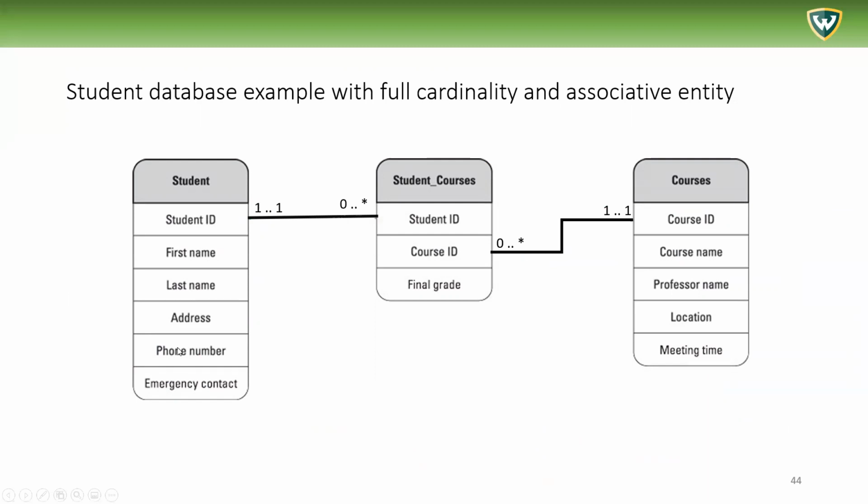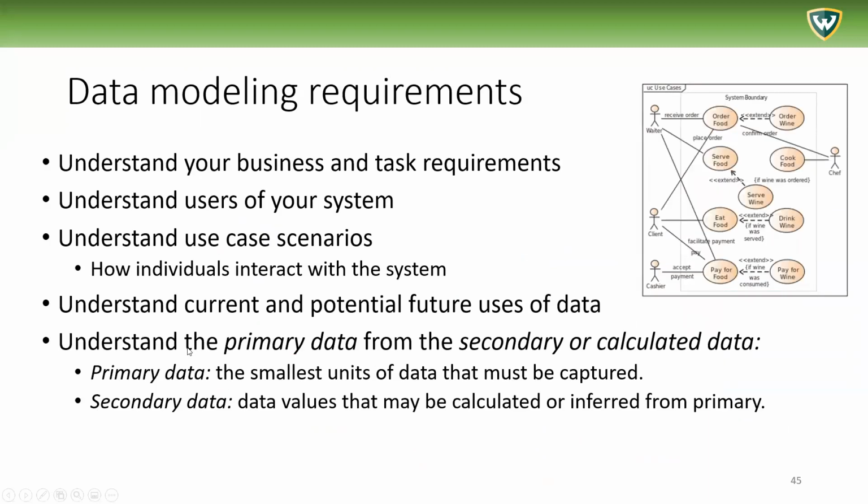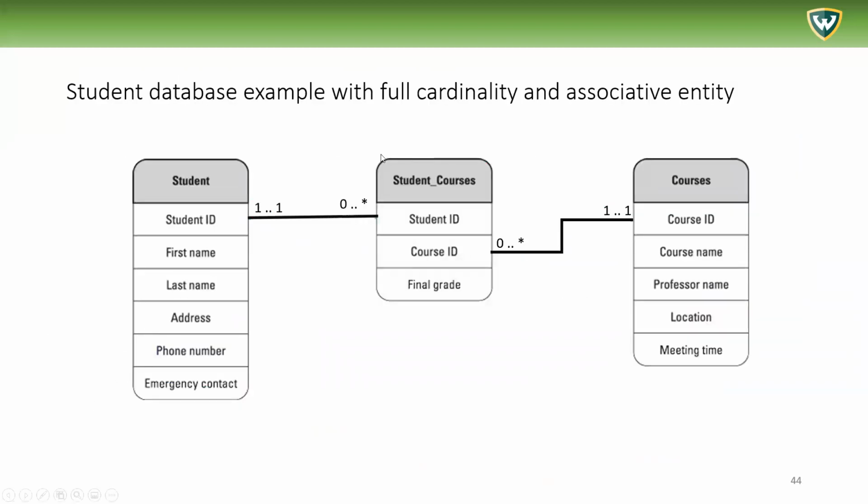Student example with full cardinality and associative entity. So we kind of went over that. Some more data modeling requirements. To actually design a data model like we did here regarding students and courses, or how we're going to keep the information about the agencies and state information, if you are working in that kind of context,